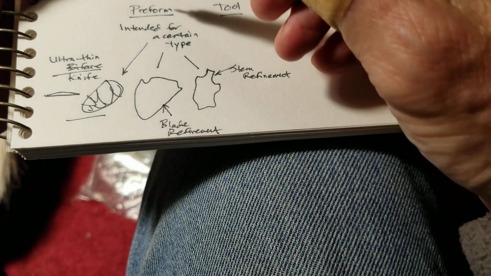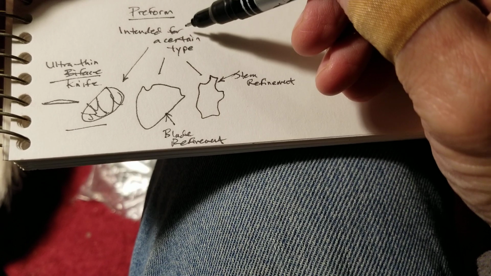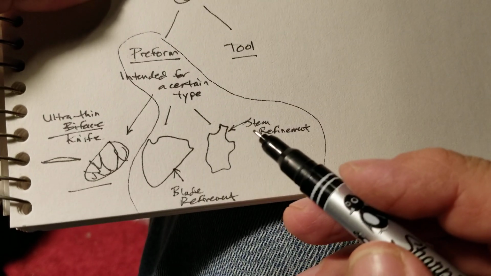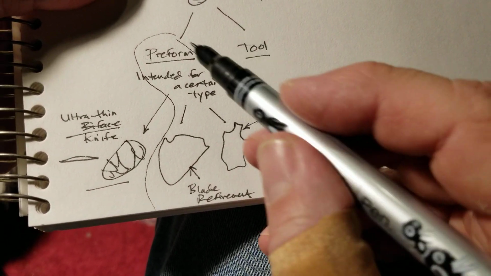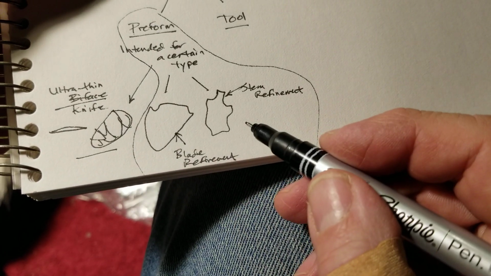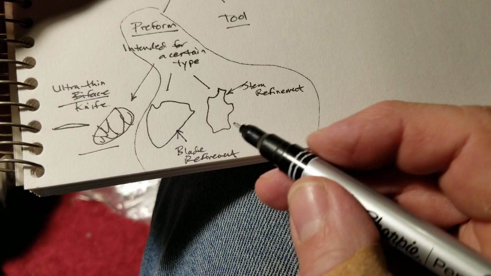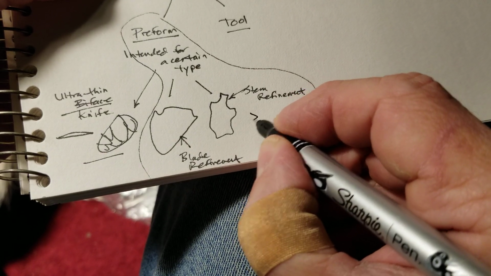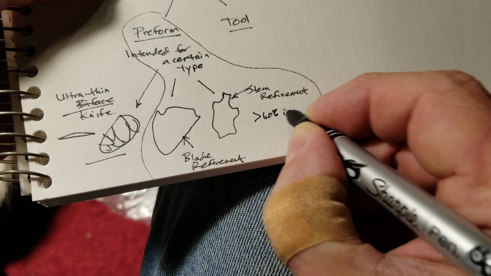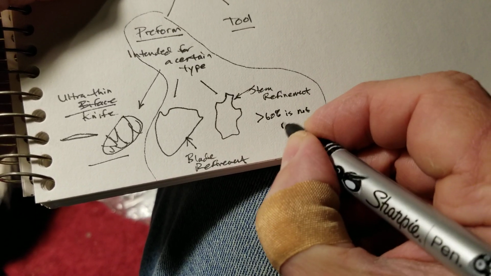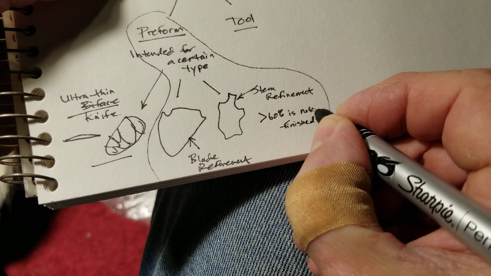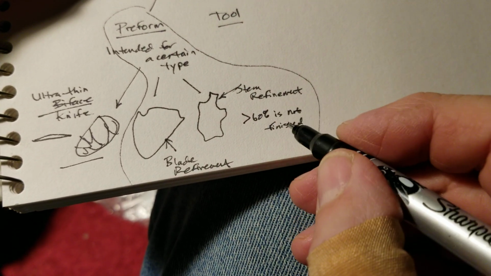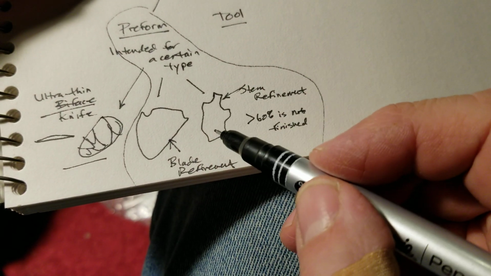Now these are all still categorized as preforms. This can get confusing, right? But these are still preforms here in this stage. Most knappers call these preforms still, because I would say greater than 60% is not finished. Now the 60% is arbitrary. I just picked that myself. I don't know those percentages, but for me, 60% unfinished is still a preform if you know what it's intended